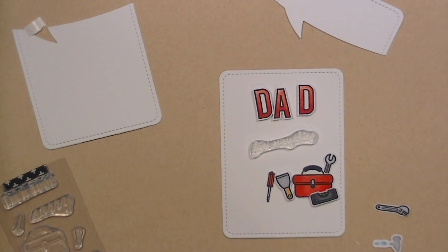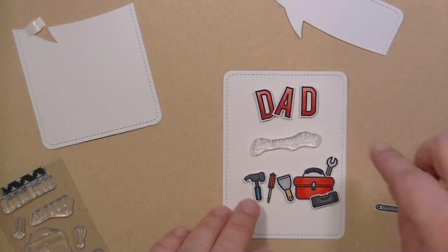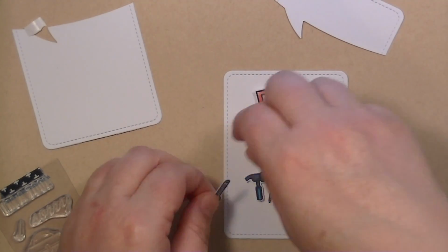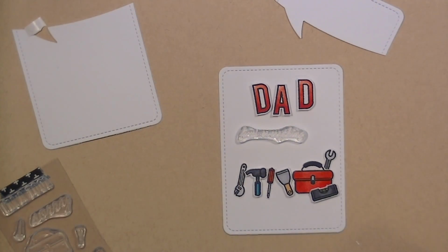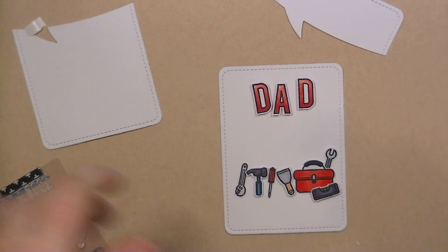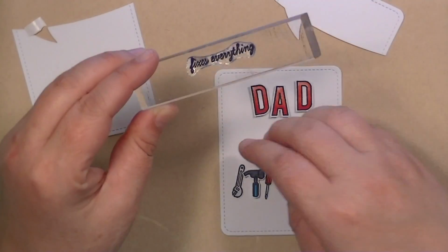And if you wanted to, you could even just cut a couple of little masks for a couple of the different tools and do just one layer of stamping using some masking, and then you'd only have to cut out a couple of little ones, and you'd cut those right up to the line in order to use them as masks. So once I've got all the little tools here, I'm going to take this sentiment that says fixes everything,